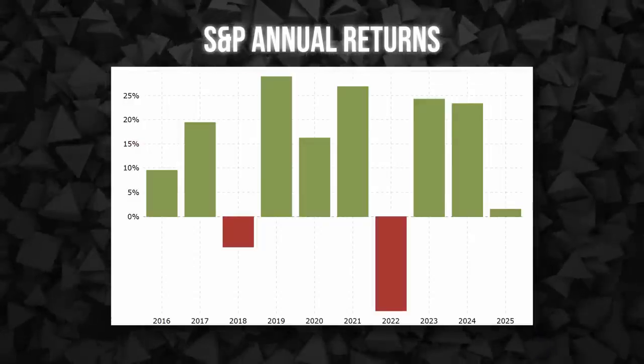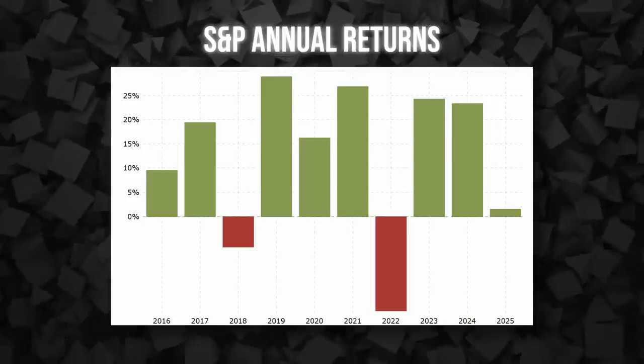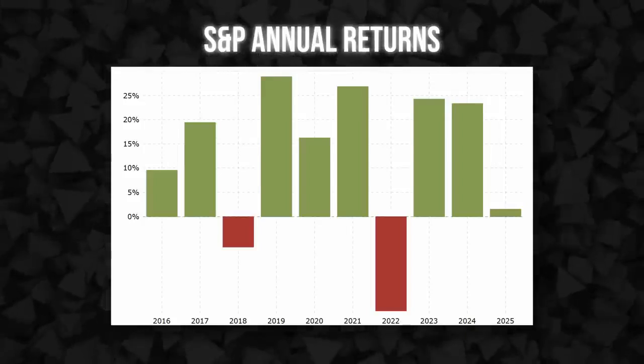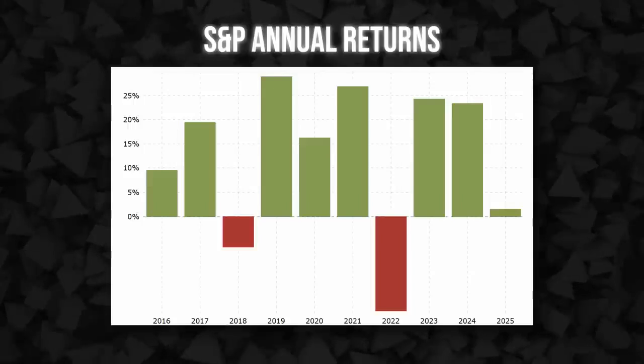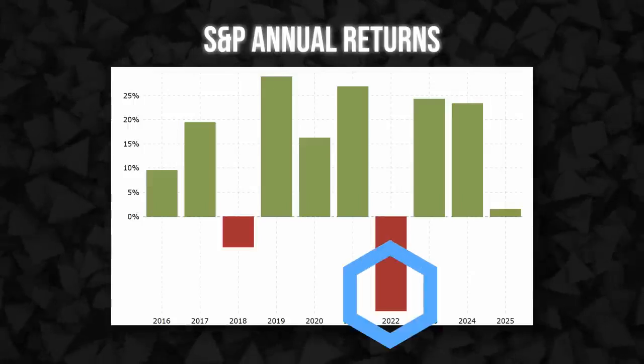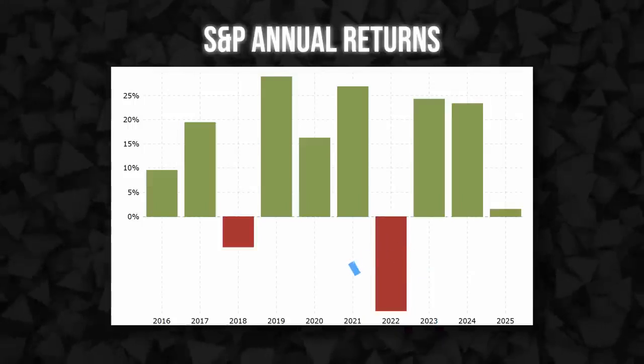For example, just look at the last few years if we take the S&P 500 as an example. As you can see, it's been a very good time to be an investor. However, we still had 2022 as a terrible year for returns. The stock market dropped almost 20% during the year, and even investments like bonds had a terrible time. There was almost nowhere to hide, and no matter what investment you chose, you would have lost money.